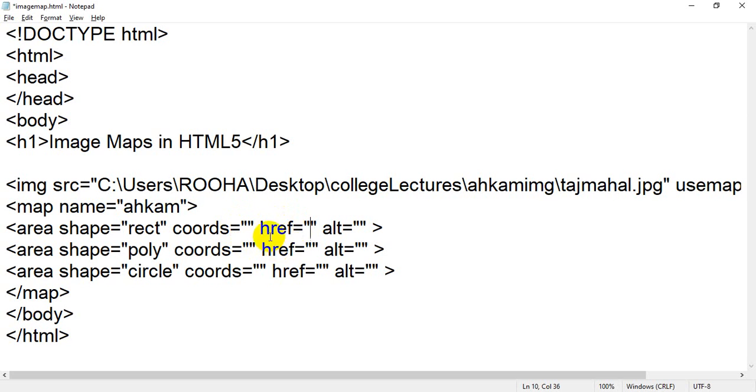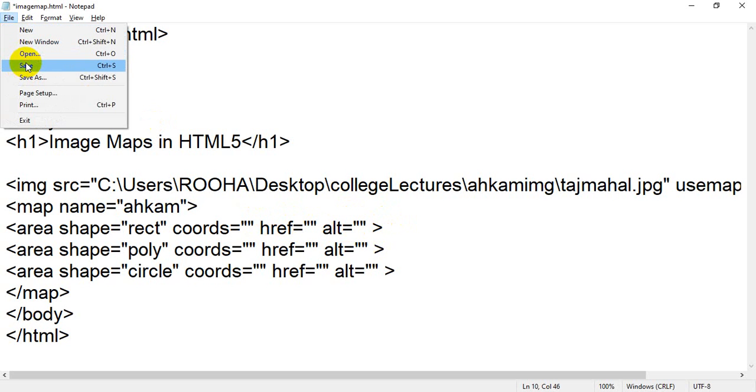Okay, in the same way you can add n number of hyperlinks by using area and the shape attribute. Then what is alt? Alt is nothing but alternate text: when your cursor moves toward that particular hotspot or location, the value which you have written inside the alt attribute will display. Okay, so let me save,